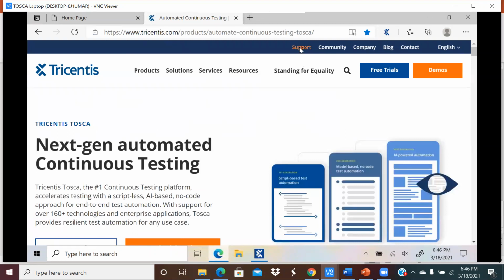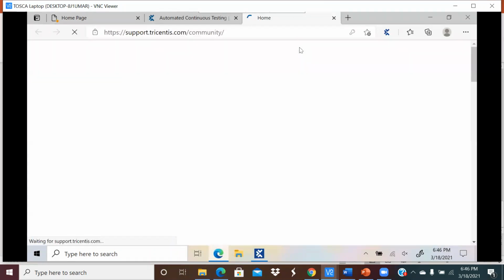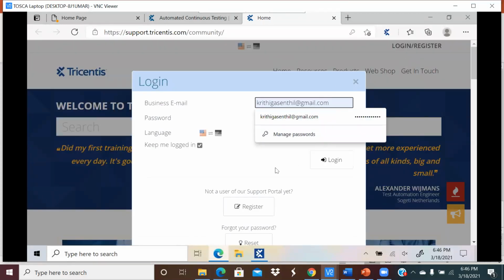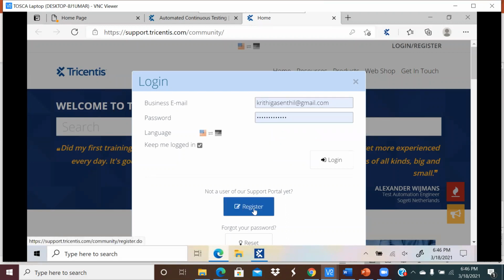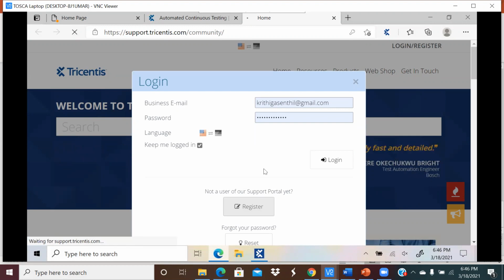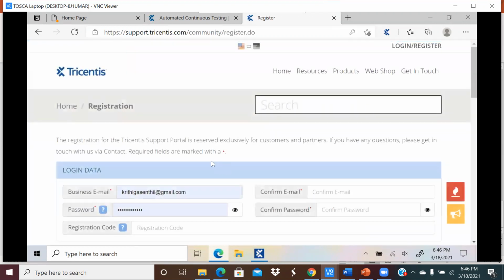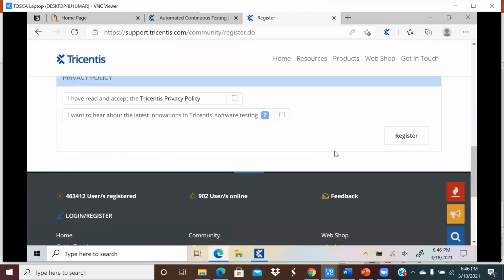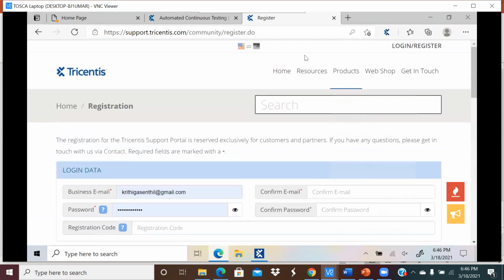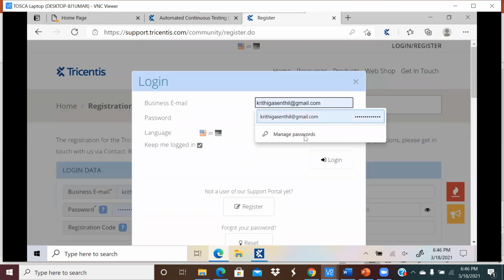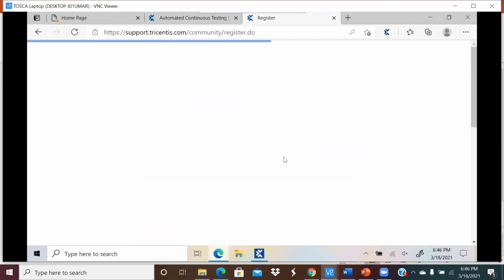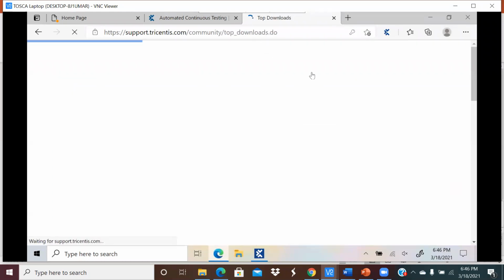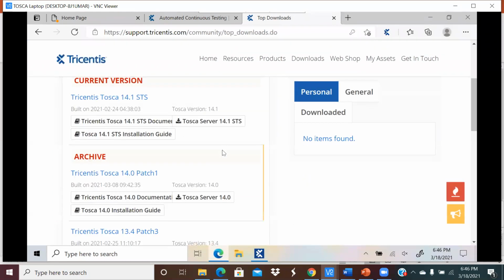You need to go to support. You can either log in if you have registered already, or you have to register here. Click on register and give your business email and whatever information is required in this portal, and then register. It will register and then you can log in. Then go to downloads. You will see the latest version that